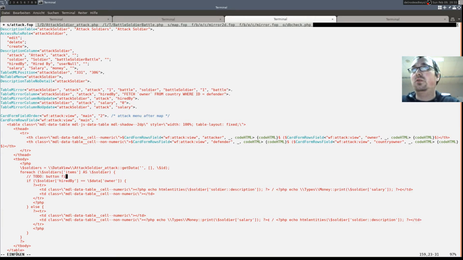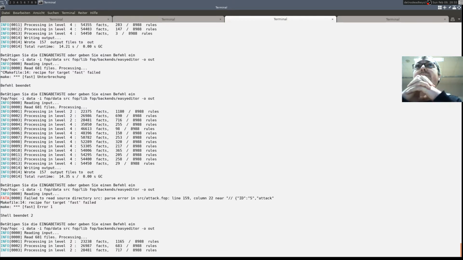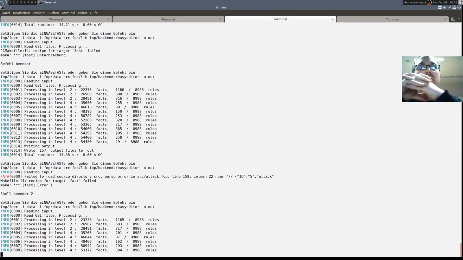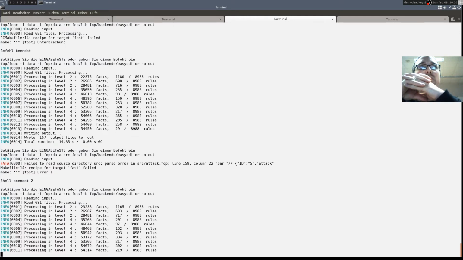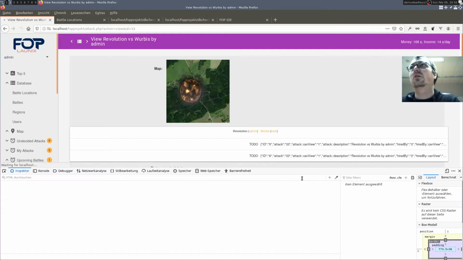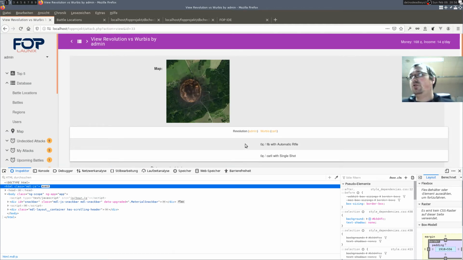Button for hiring. Okay, let's take a look. Yes, Revolution is defended by FIB with automatic rifle. Now,